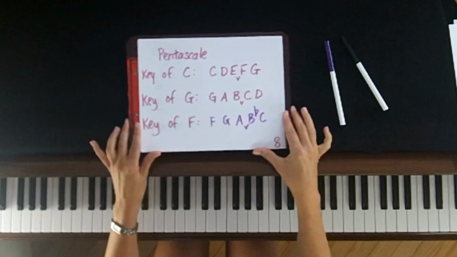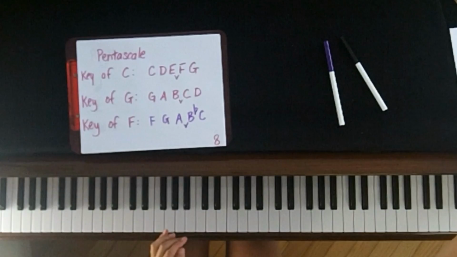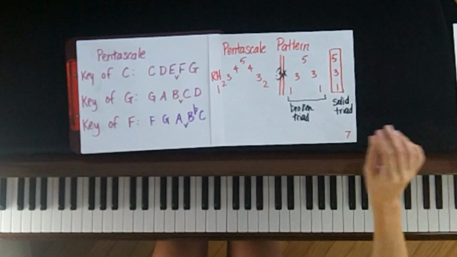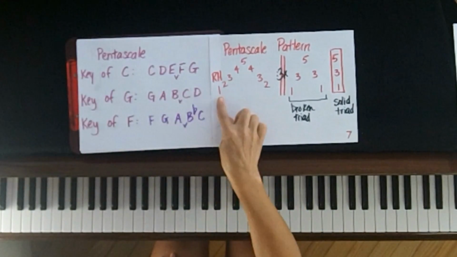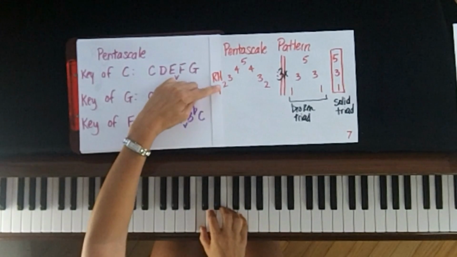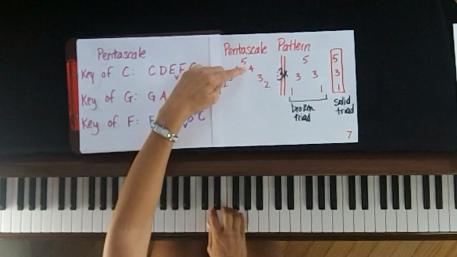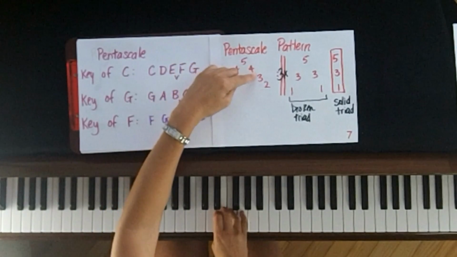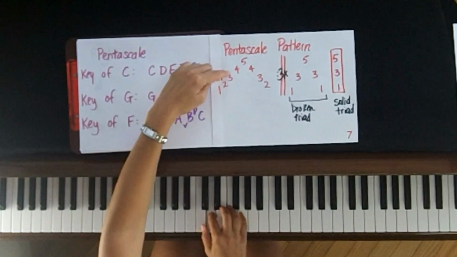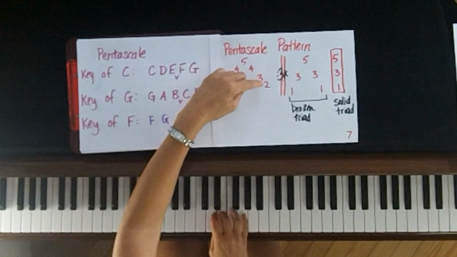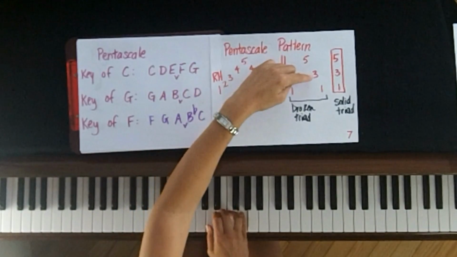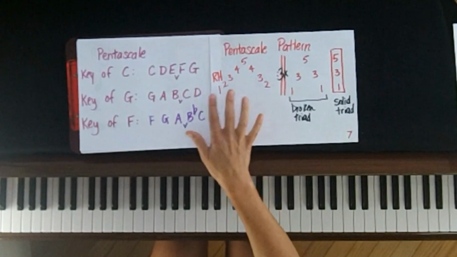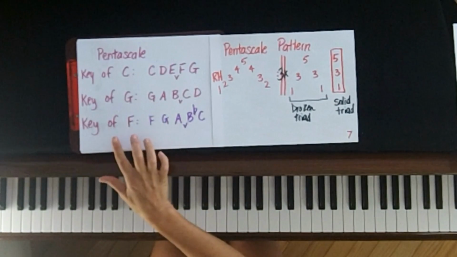And now let's try to play all of these pentascales using our right hand and our left hand. So we're going to use the pentascale pattern that we learned in lesson 7. And we're going to begin playing key of C with the right hand. Here I go. Very good. So we could continue to key of G with the right hand, and let's try key of F